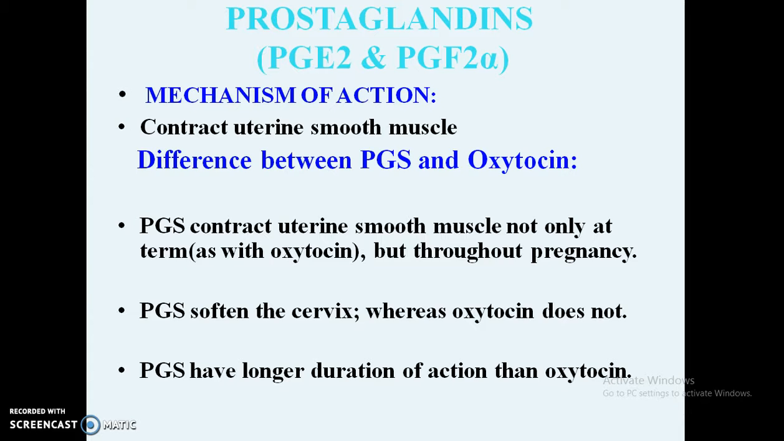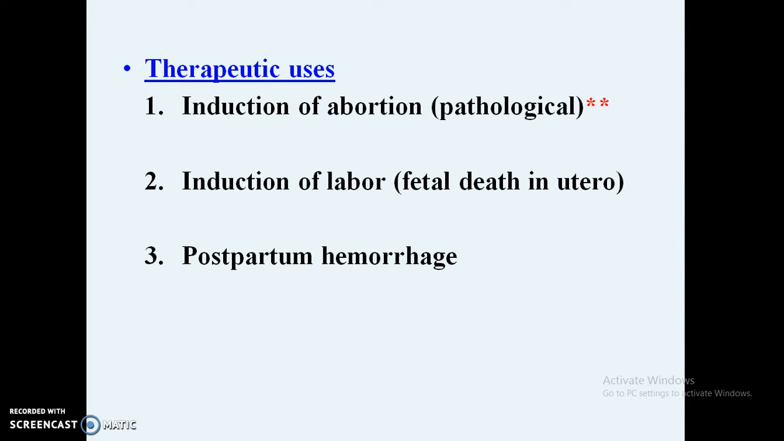Coming to the prostaglandins, the mechanism of action is similar, that it contracts the uterine smooth muscles, and the difference is that prostaglandins contract the uterine smooth muscles not only at term but also throughout the pregnancy, and they soften the cervix, whereas oxytocin does not soften the cervix. Prostaglandins have a longer duration of action than oxytocin, and the therapeutic use is to induce abortion, and induce labor if there is a fetal death in utero,